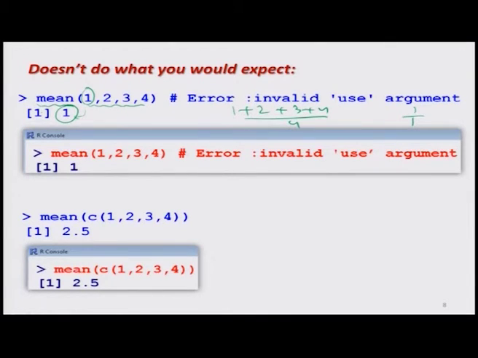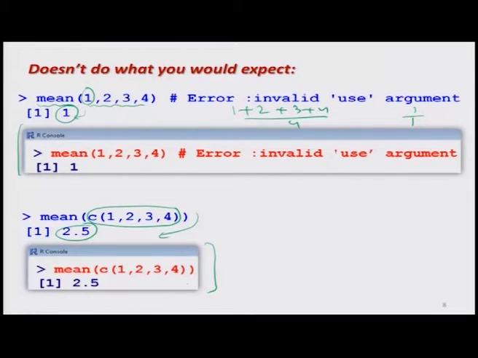And the proper way to find out the mean of 1, 2, 3, 4 is that please try to write down all the values inside the vector by using command C, and then you try to find out the mean, you will get the correct value. And here are the screenshots, so you can try it yourself. Now we move to another aspect.